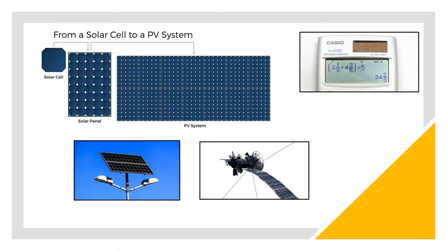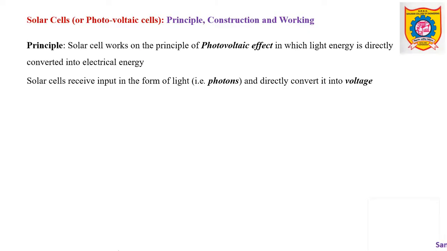So remember, solar cells are connected in a solar panel and a number of solar panels are further used in a PV system. And this PV system is basically used for power generation. Electrical power is generated. So fundamentally, solar cells are used for the conversion of light energy into electrical energy. Means there is direct conversion of light energy into electricity. No intermediary part is used.